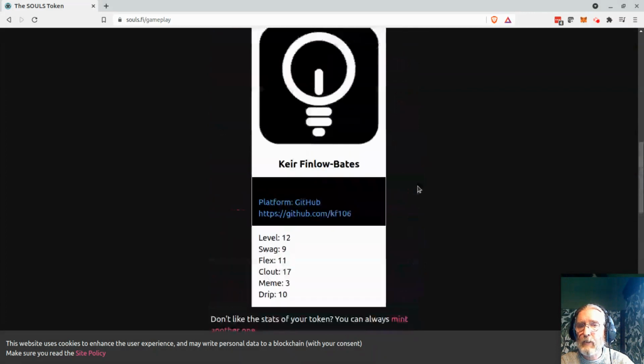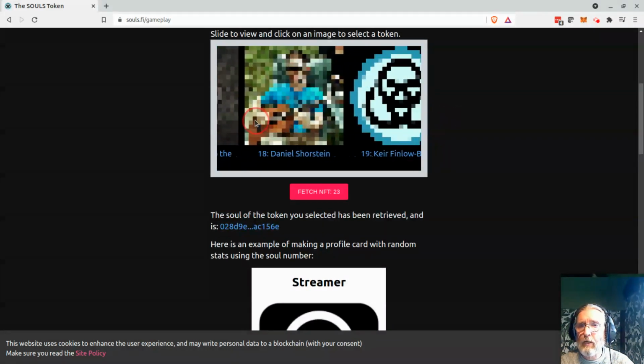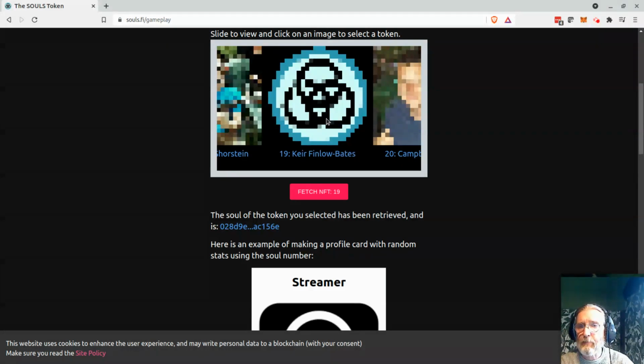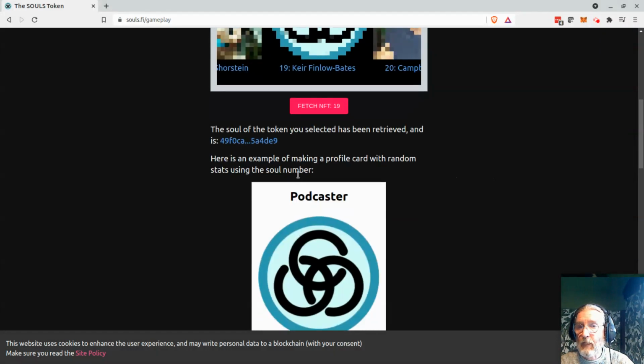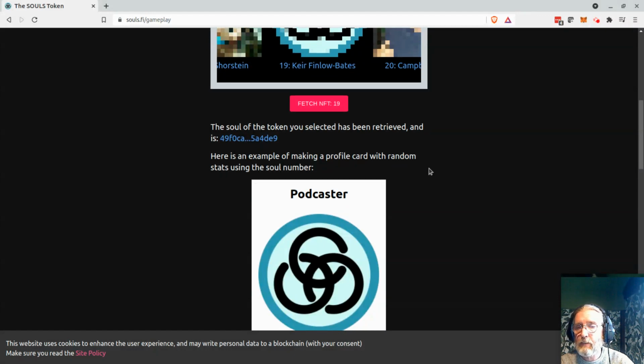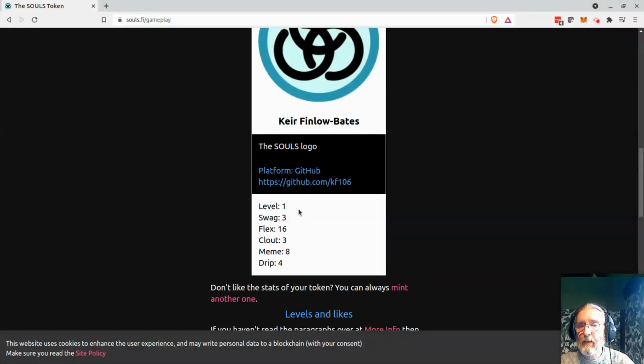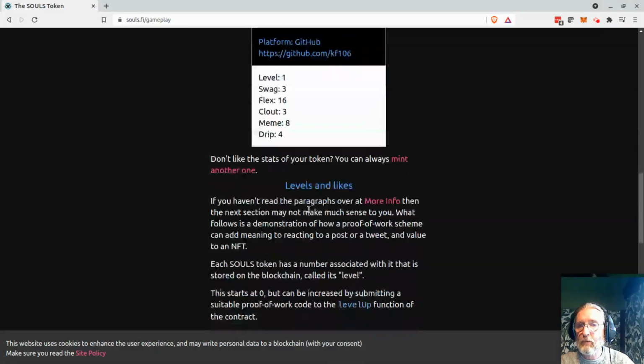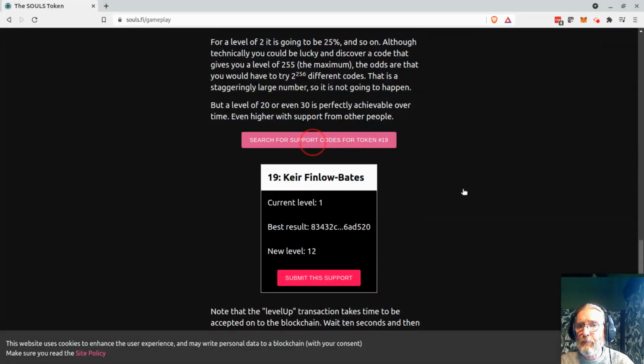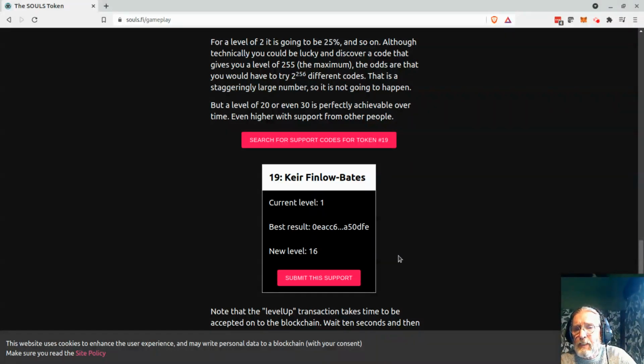And we can go back and look at some other people's tokens. Let's go and grab, for example, token number 19. I'll get that one. It has the name of a podcaster because it had a different digit at the start. It's got a sad level of 1. Hasn't leveled up much at all. So I could have a go at upping that one. And if I click on this button, I will level it up to 16. So getting levels like 15, 16, 17 can be done very, very quickly. Once you start getting to the higher levels, it gets harder and harder, twice as hard for each level. So getting level 17 on average takes twice as many tries as getting level 16 and so on.